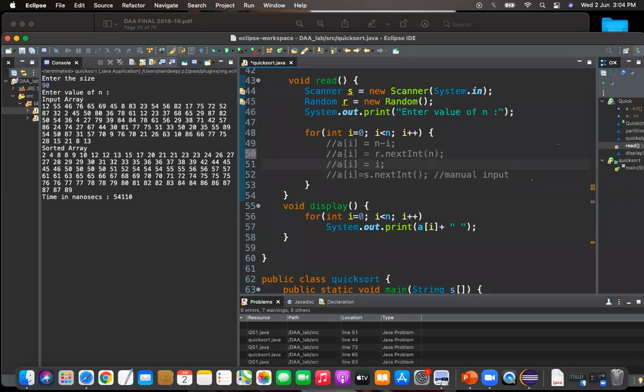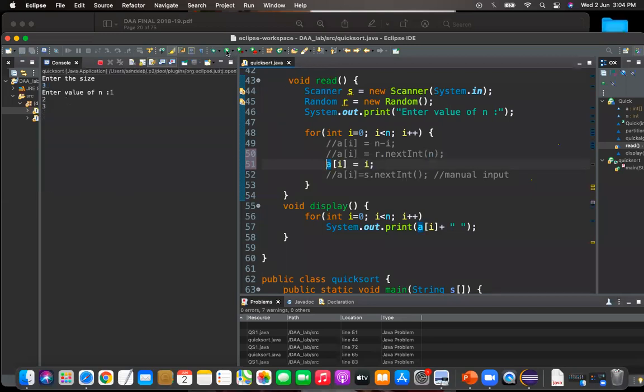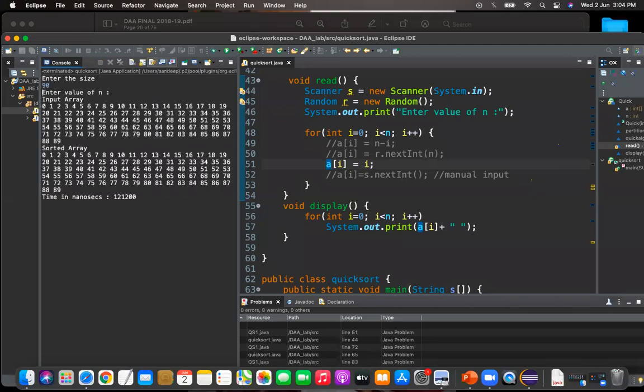Observe the output. Array is in the increasing order itself. Now I am giving the array in the increasing order itself. Is it best? See the time and answer me. Okay. See, it is taking 1,21,000 nanoseconds. How can you say this is best? I have given the sorted array as input and see the time taken. Previously, I had given random elements. Time taken was 54,000. Now I am giving the array already in the sorted order and see the time taken.